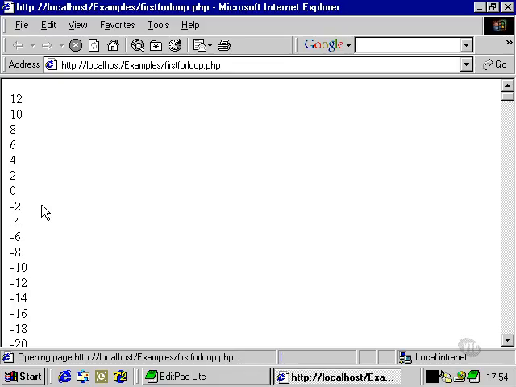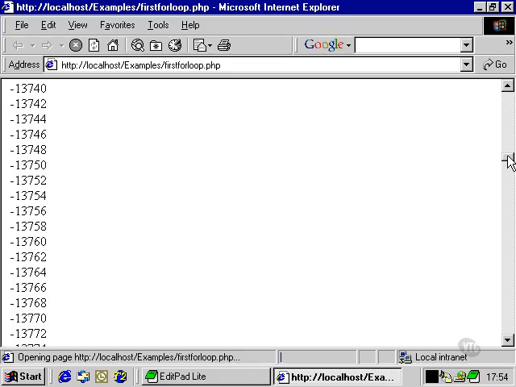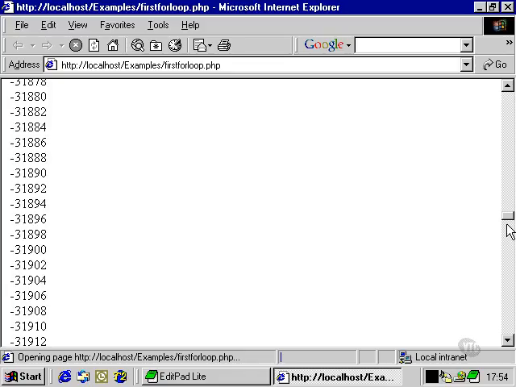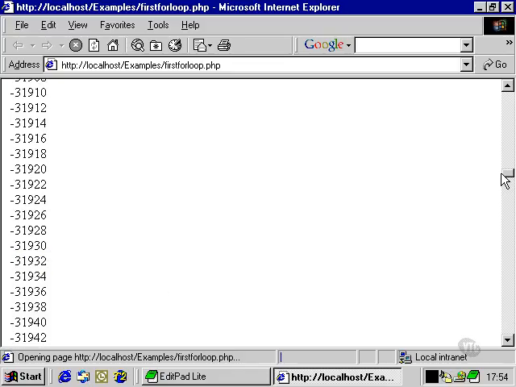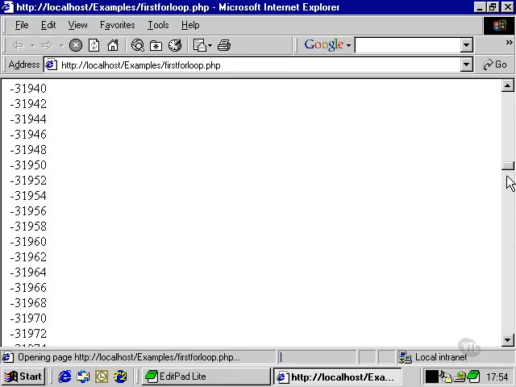And as we can see, it goes down quite a way. It's reducing by 2 every time. How far does it go? We can see minus 20 down there. When I'm trying to drag down, the browser becomes quite unresponsive, and we can see here that the numbers are getting quite, well, they're not big, they're very, very small. They're negative numbers that are getting way out of hand. In fact, as we can see from this scroll bar, look at the size of that scroll box there. This HTML page is getting huge. We better stop